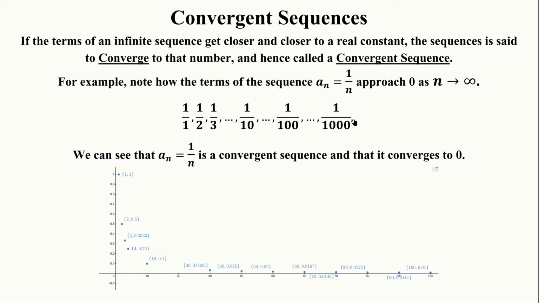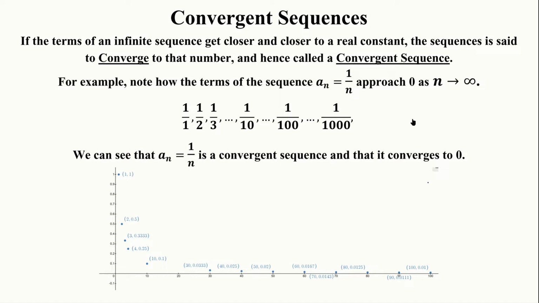So notice the values are really approaching what? Smaller and smaller values until they get to 0. You're never going to even get to 0, but you're going to get as close to 0 as you want to get. And that's called getting arbitrarily close to 0. And notice that